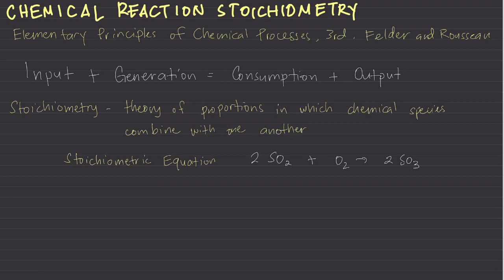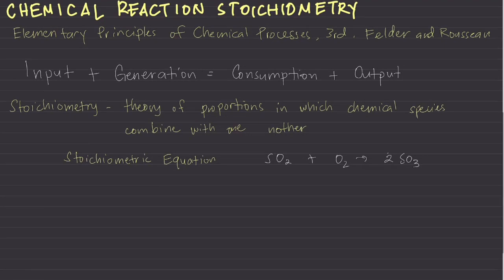Itong example natin dito is yung production ng SO3 from SO2 by oxidation. Without balancing, so for example, hindi natin binalance yung chemical equation natin. So burahin natin yung coefficients. Nakikita natin na yung number ng S ay equal, pero yung number ng O ay kailangan natin ng konting accounting. So yung S sa reactant side is 1 lang. Tapos yung S sa product side, 1 din. So far so good. Pero yung oxygen ay